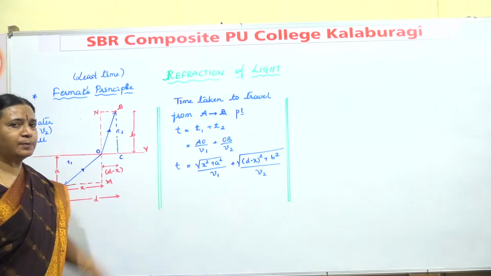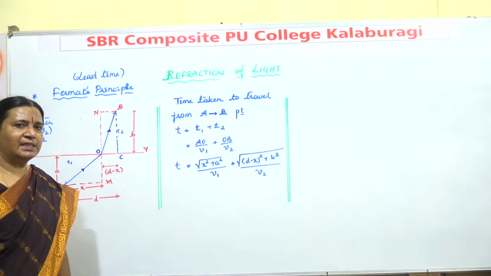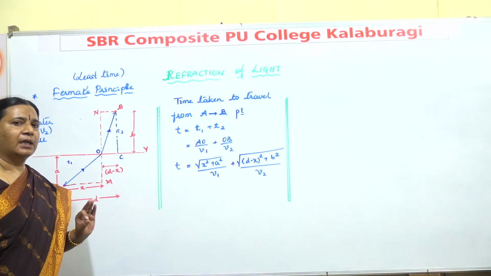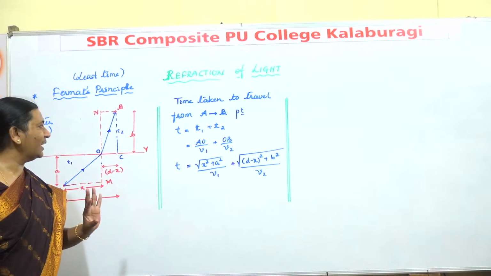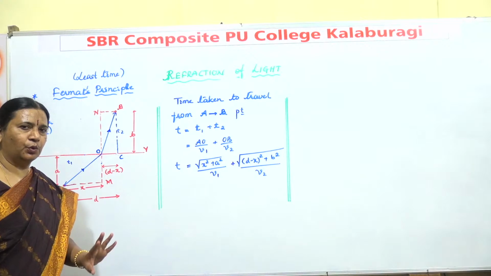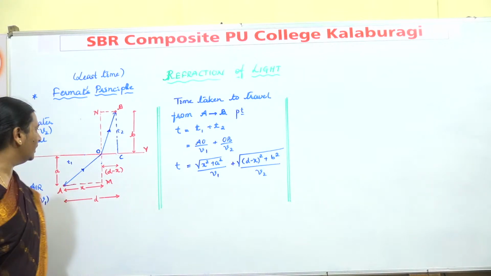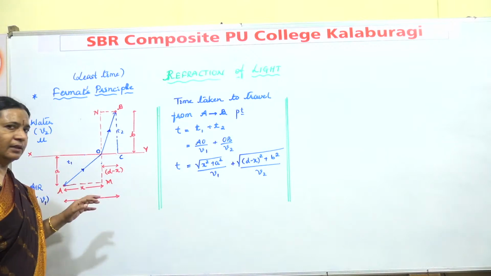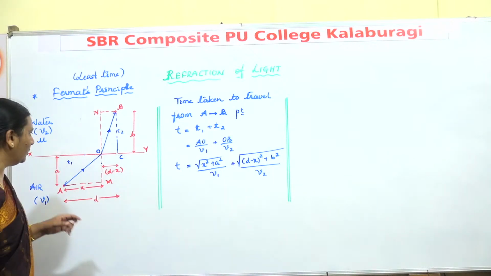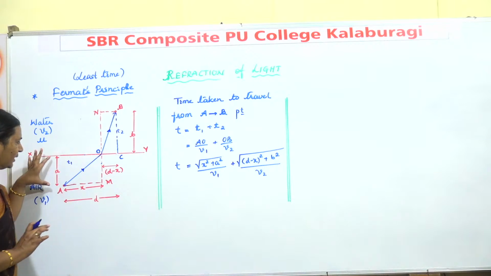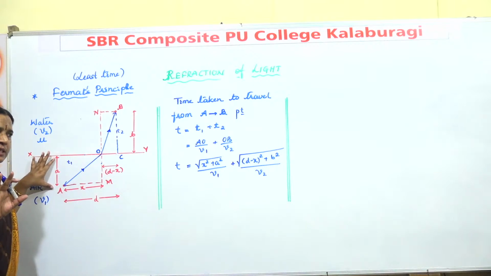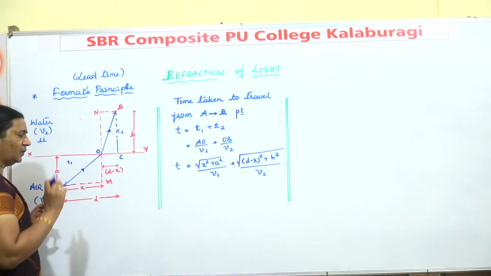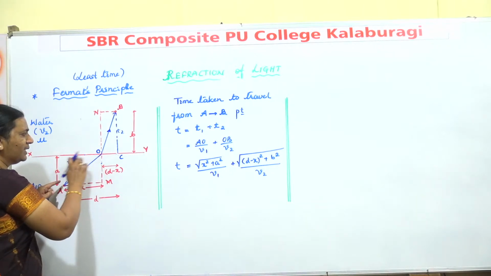But what does Fermat's principle say? It says that light will go along a path through which it can take the least time. Means we have to prove that this is taking the least time. And to prove that, just observe here. This perpendicular distance is not going to change. Now, depending on where it is incident,